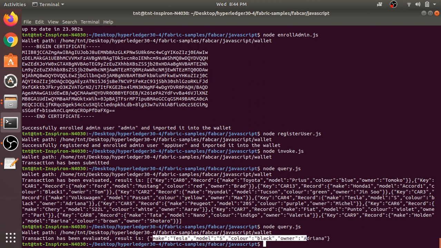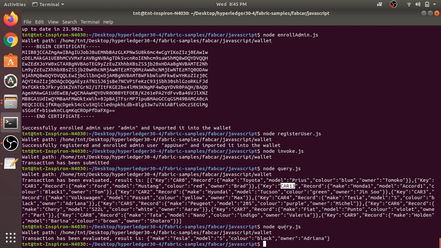Okay, here comes car number 4: Tesla, model S, color black, and owner Adriana. So here you got the result. This way we can query data from the ledger. You can also see the car 13 that we inserted just before using the create car query.